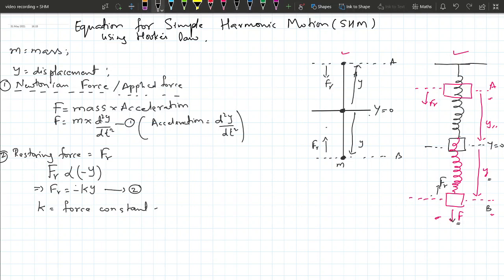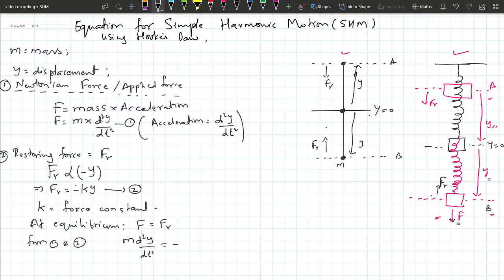Okay, so this is equation number 2. Now at equilibrium, when the system reaches an equilibrium state, you will see that the applied force F is equal to the restoring force Fr. So from equations 1 and 2, if I do the substitution, F is nothing but m into d2y by dt square,